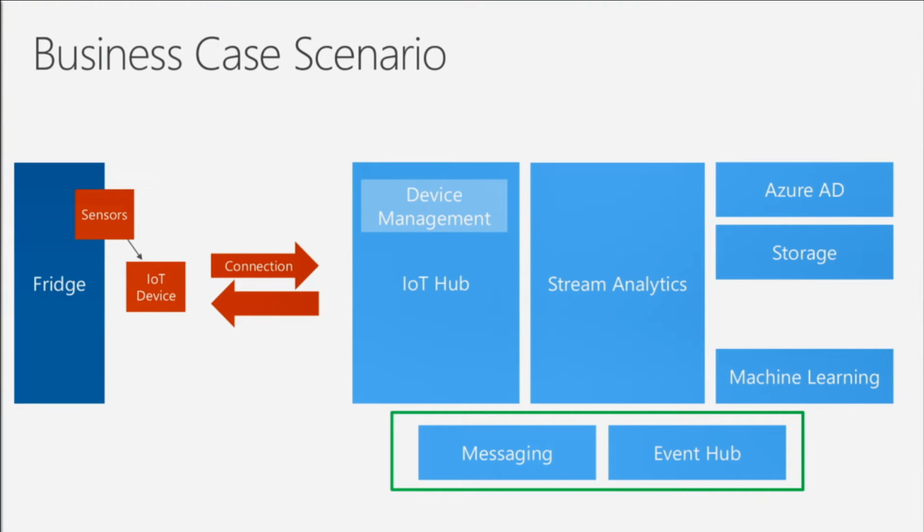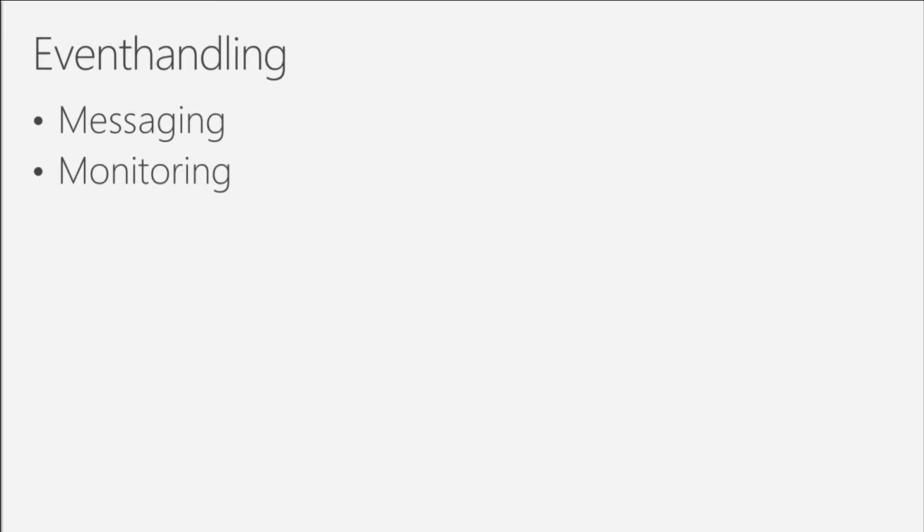Then we have event handling. At the moment, in Germany, it's not allowed to use messaging which is not secure, which is not approved by our company. So we have to build our own messaging service which is approved. Then we can use the Event Hub for monitoring and for maintenance purposes. For the messaging, we built our own service which is based on SMTP and on WhatsApp and Twitter and everything. We built our own service, which is really difficult to maintain for security purposes.